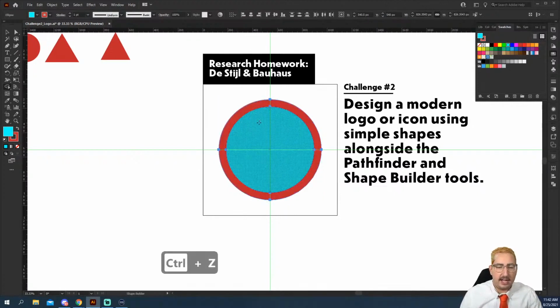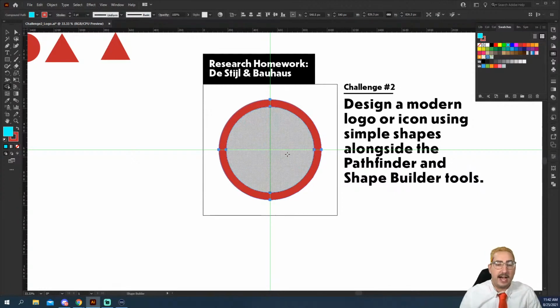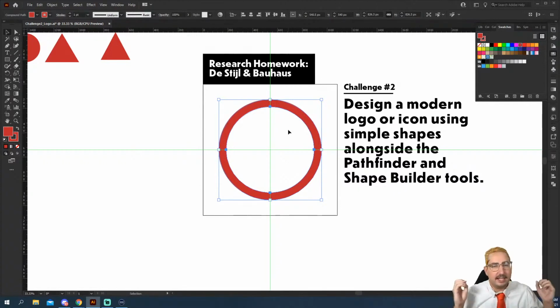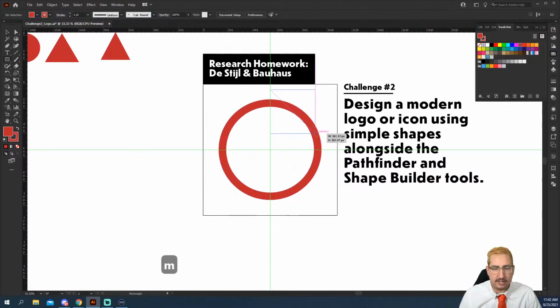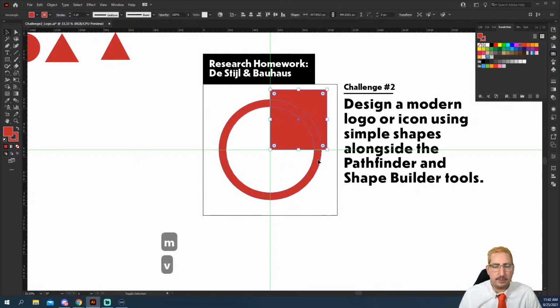Now we can undo that, and in this middle, you can see that just the middle part is selected. We can actually hold Alt or Option. So I'm holding Alt right now. It's not showing up on the screen, and click through this blue. What that's going to do is tell us, hey, we want that to go away. And now we can see that this shape has been subtracted, and we just have the one shape, right? Just like the Pathfinder, the Shape Builder works really, really quickly, and it's a great tool to do something super fast. Now, with this, I do want to create maybe an arrow. So we're going to use simple shapes again, just using a rectangle and staying on this grid. And we are going to select both of these.